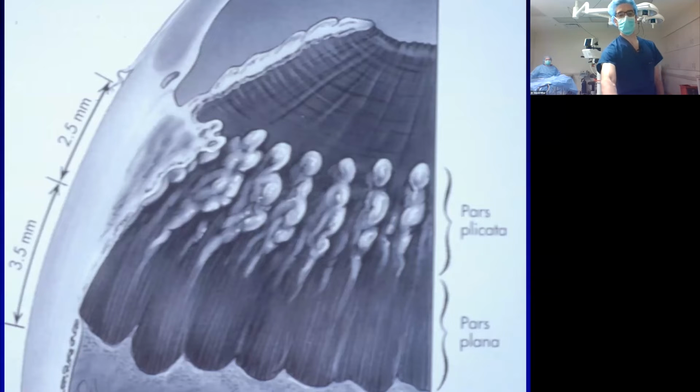This is showing the placement of the sclerotomies. This is a cutaway section of the eye, and right here is the iris. This would be the pupil. This is the cornea. So when you come down off the limbus where the cornea hits the sclera, you want